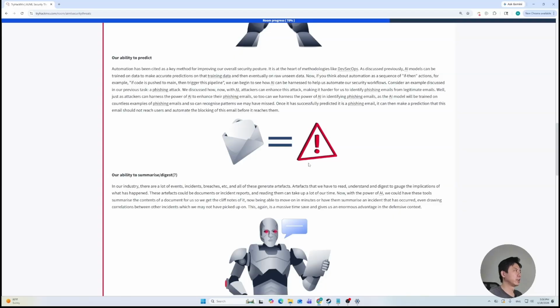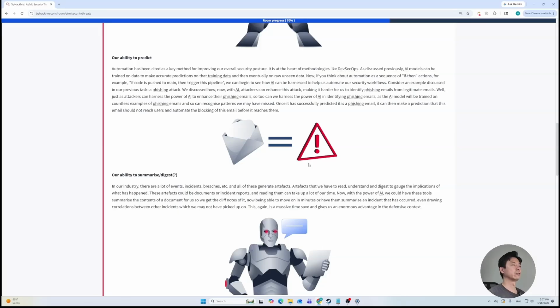Our ability to predict has been cited as a key method for improving our overall security posture. It is at the heart of methodologies like DevSecOps. As discussed previously, AI models can be trained on data to make accurate predictions on training data and then eventually on raw unseen data. Now, if you think about automation as a sequence of if-then actions, for example, if code is pushed to demand, then trigger this pipeline, we can begin to see how AI can be harnessed to help